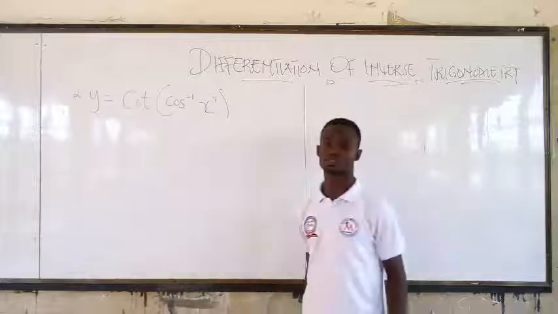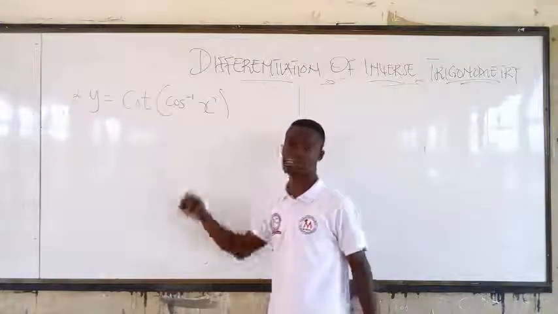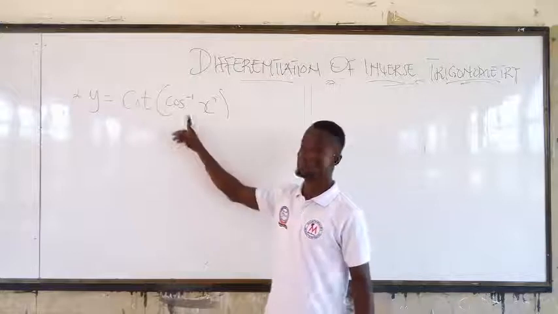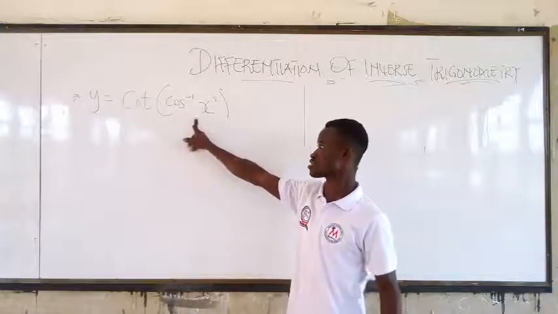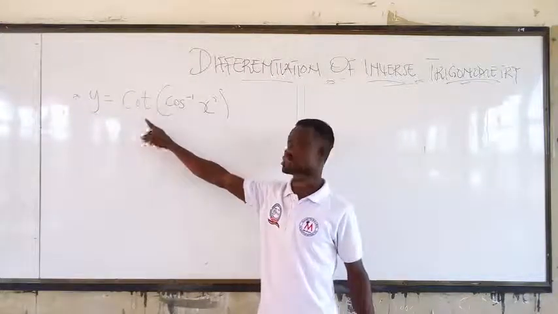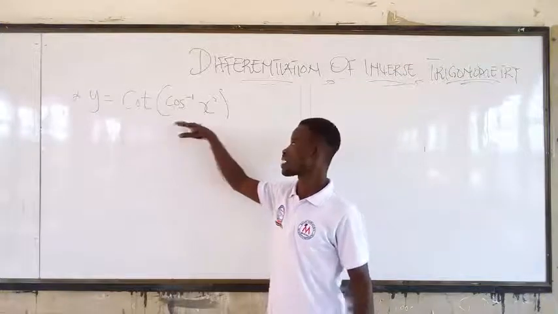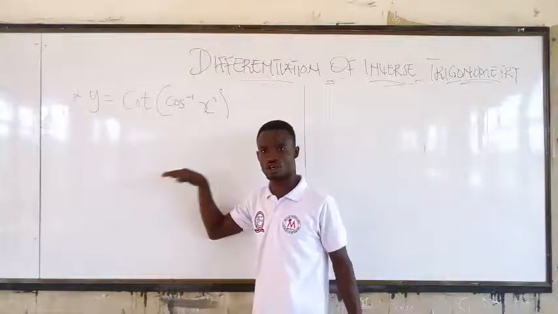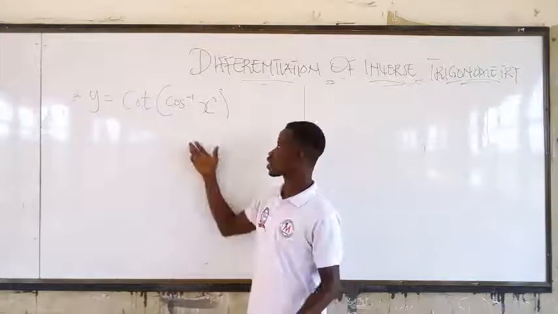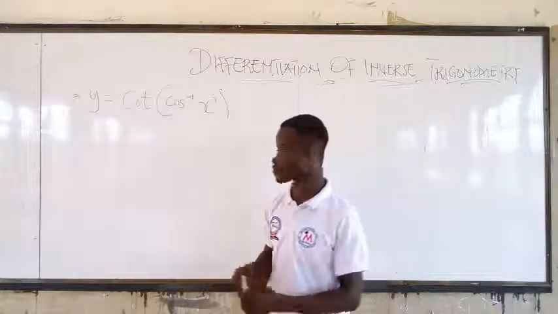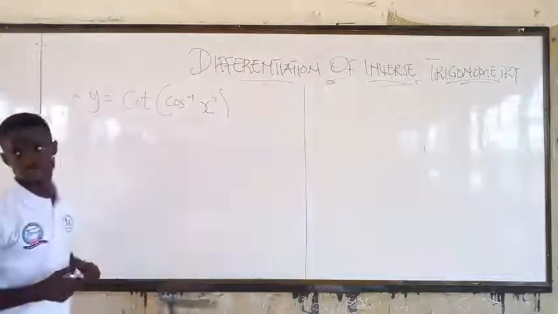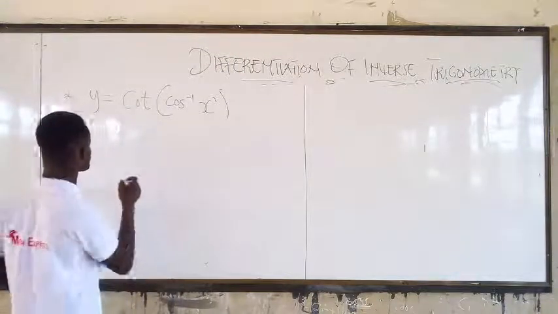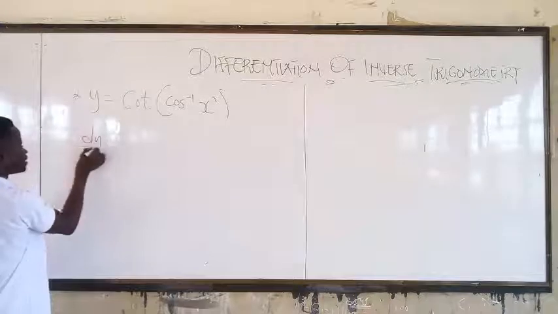Let's see how we are going to resolve this question. Now, looking at this question, you see that before you can tackle the cos inverse, you have to deal with this first. So, having this question is you applying your what? Your chain what? Rule. And the inverse trig will reveal itself. So now, this is going to be something like dy/ds